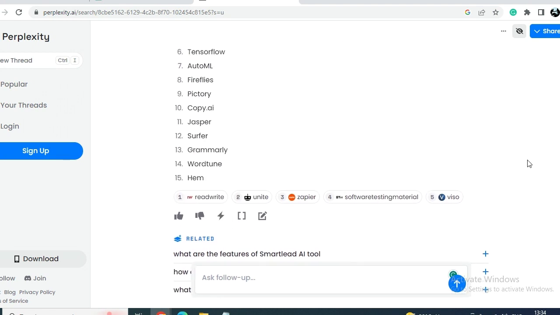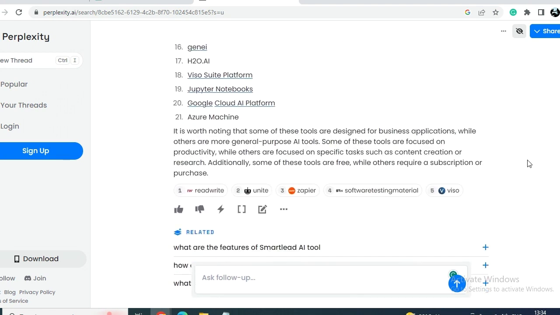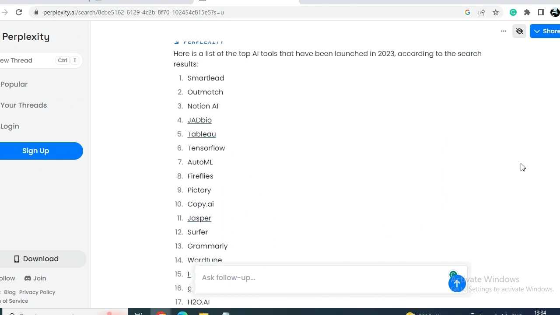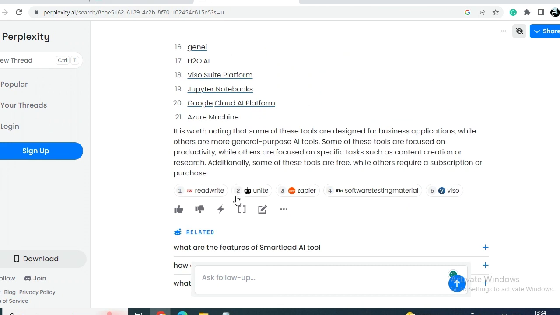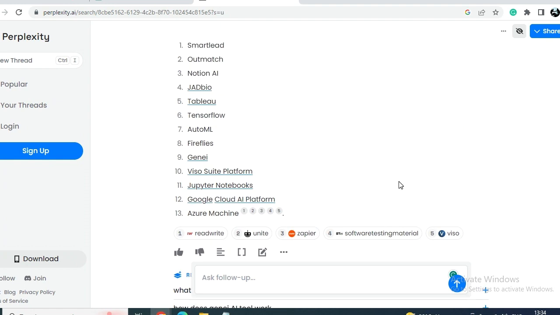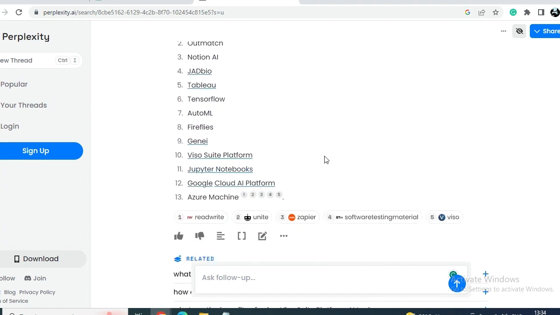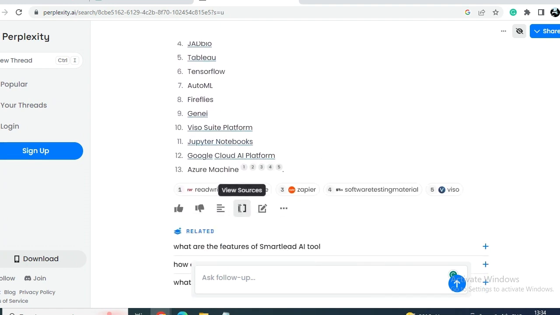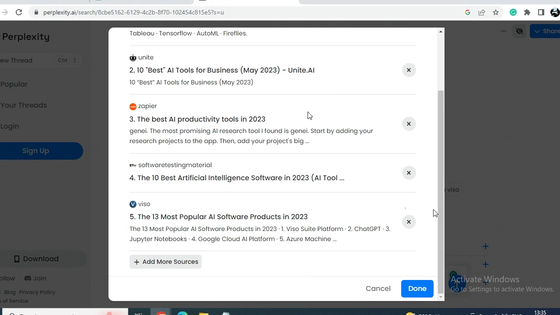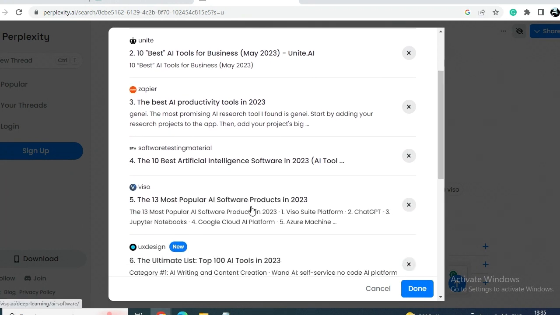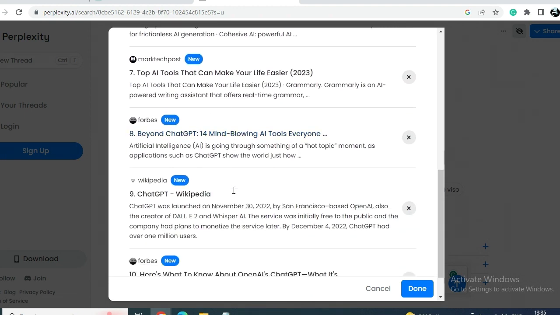Now you can see the answer is a little more extended in detailed form. If we want to make it short again, just click the view concise icon and the answer will be shortened. The main benefit of this tool is that if you go to view resources, you can see all the resources related to this query, like the question we asked. So it will make our research very easy and simple. Click on the add more resources button, and you can see there are more resources related to that.